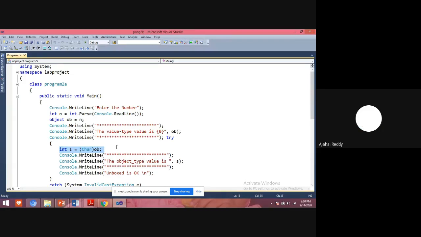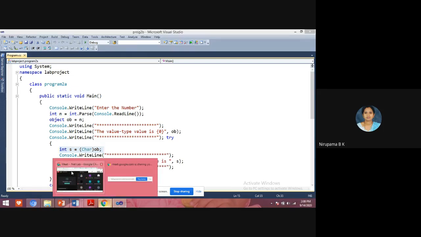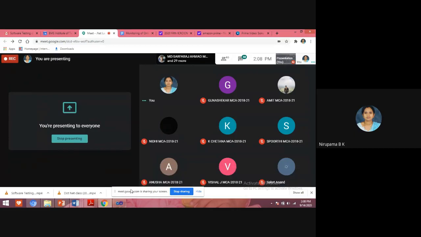Yes, you're not able to see, or you're able to see? Yes, you're able to see or not?